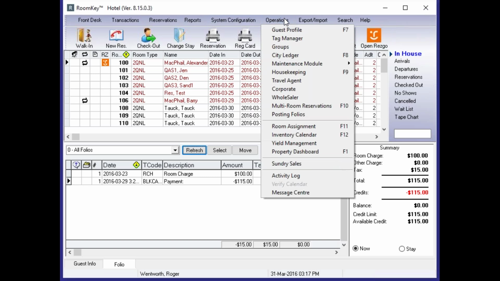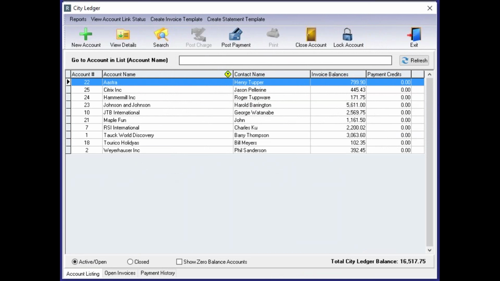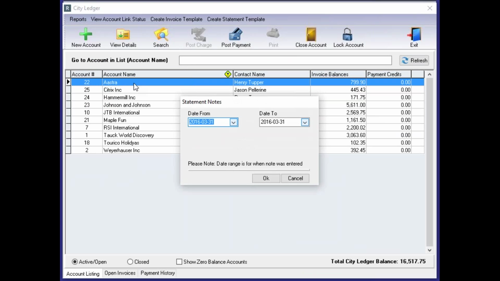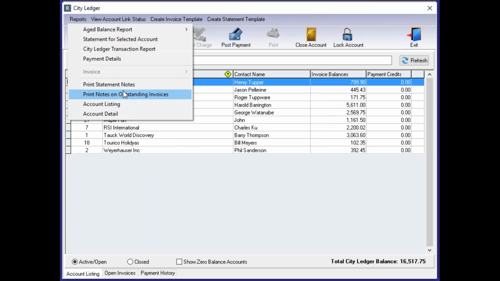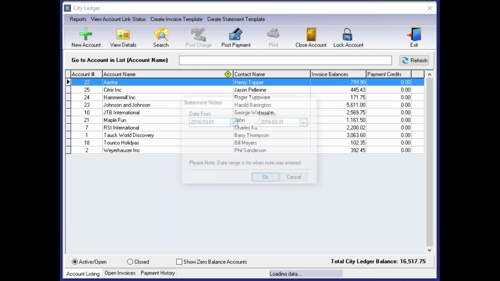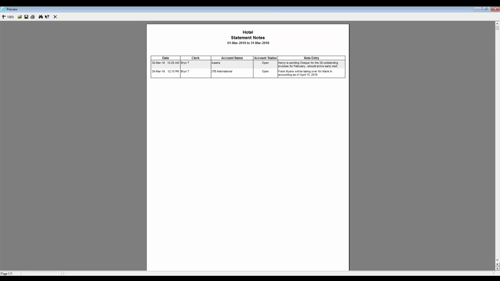Okay, next is statement notes and invoice notes. So if I go into Operations City Ledger, if I go to reports, we have print statement notes. So this is similar to the print notes for guest notes and res notes. And essentially the date range is for when the note was entered. So on an account itself, I can go back and see all the notes entered for each account